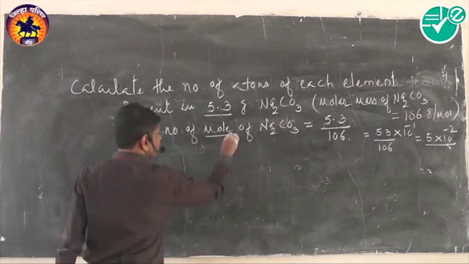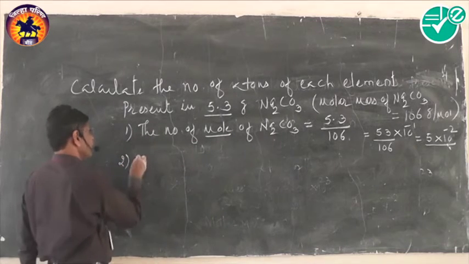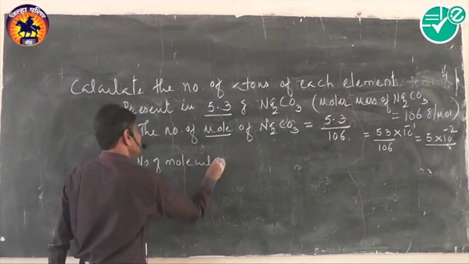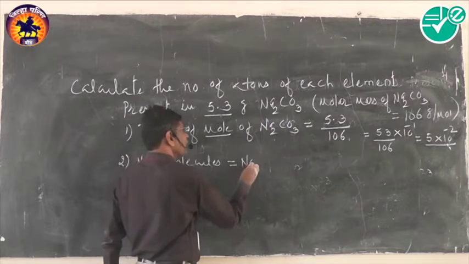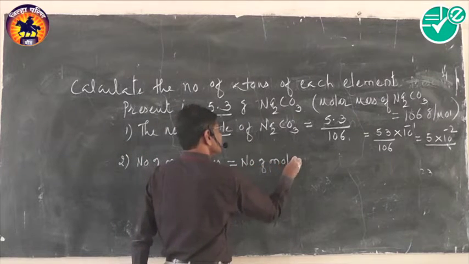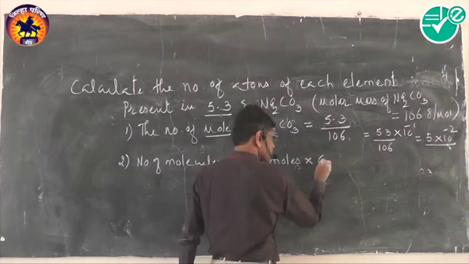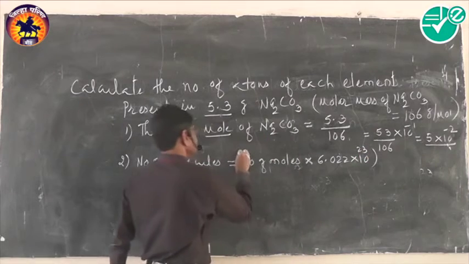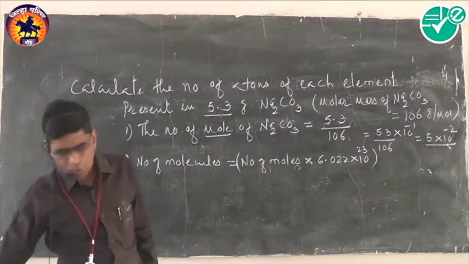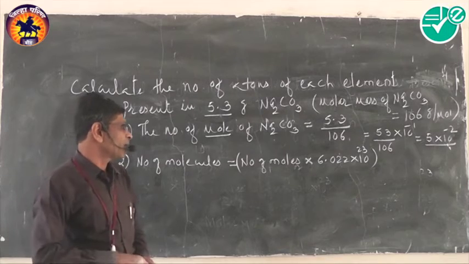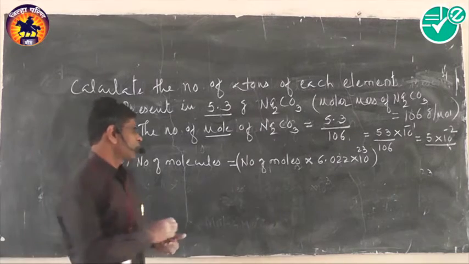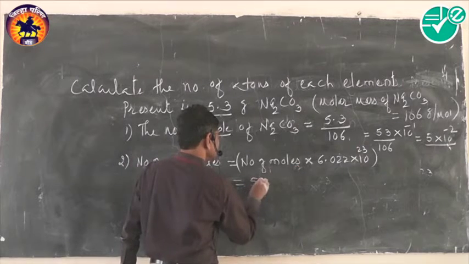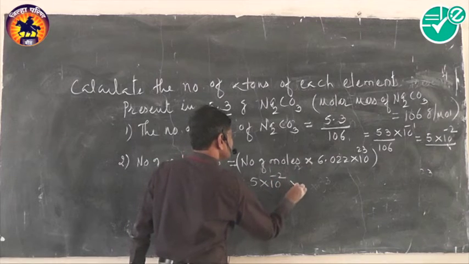Once we calculate the number of moles, then we calculate the number of molecules. What is the formula? Number of molecules is equal to number of moles multiplied by Avogadro's number. So this is the relationship. Thus it is equal to the number of moles of sodium carbonate, that is 5 into 10 raised to minus 2, multiplied by